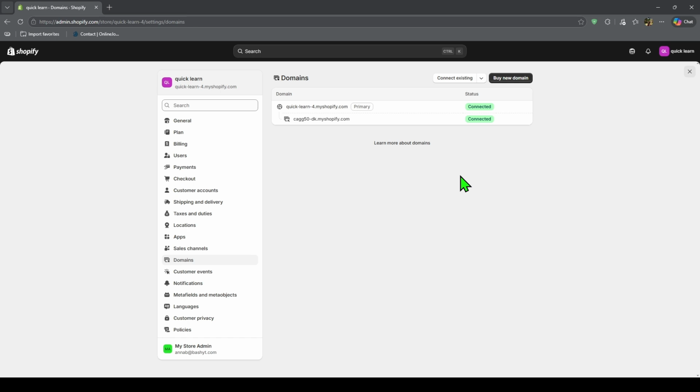After updating the domain, test your homepage, product pages, and collections to make sure everything still loads correctly. It's also smart to check any links you already shared on social media, ads, or email campaigns. If needed, set up redirects so older links still send people to the right pages. That's how to change your Shopify store name and